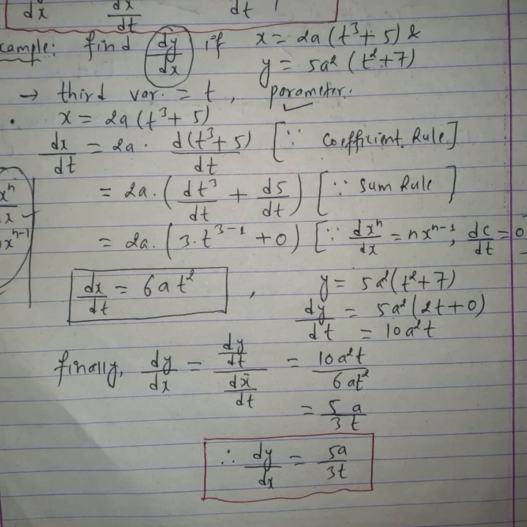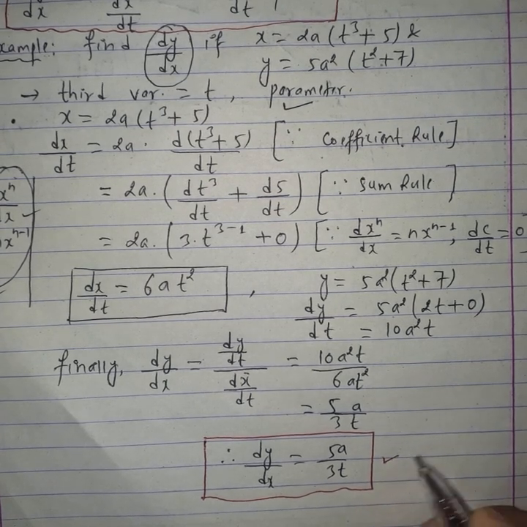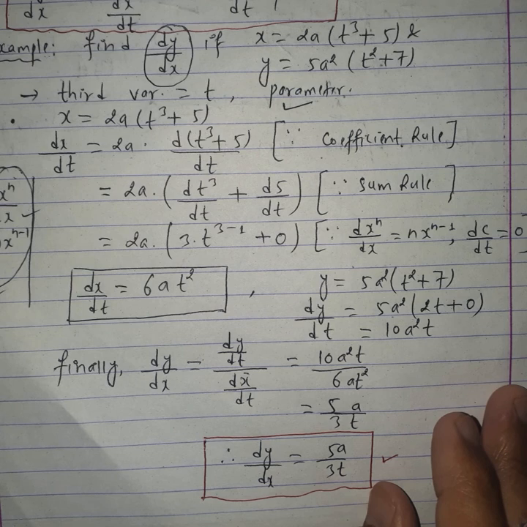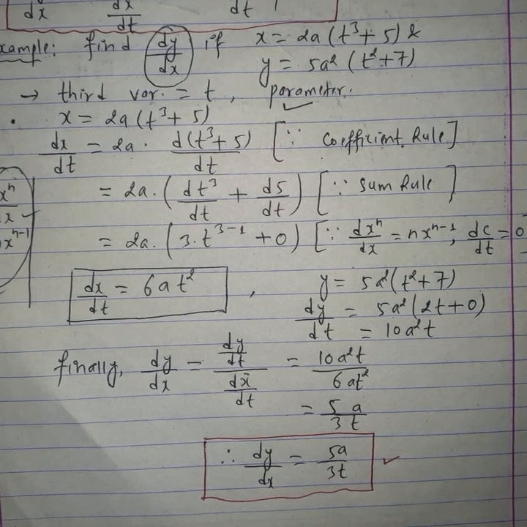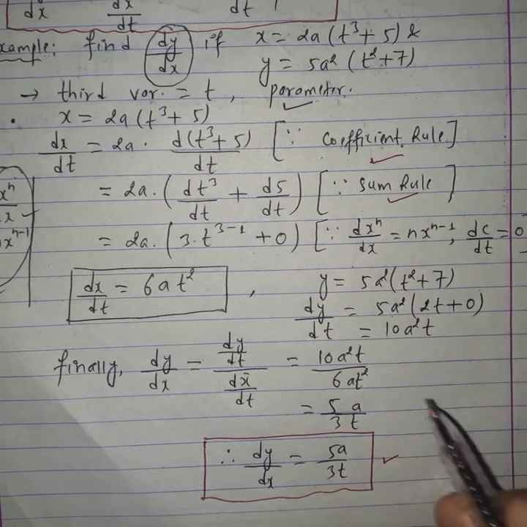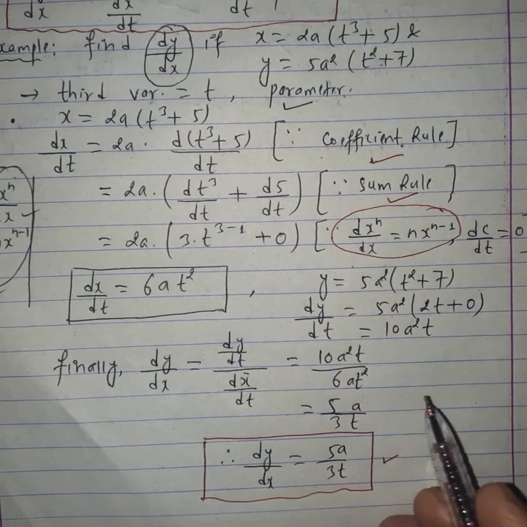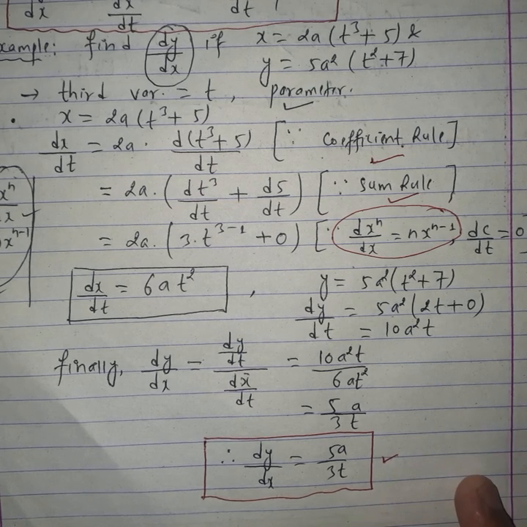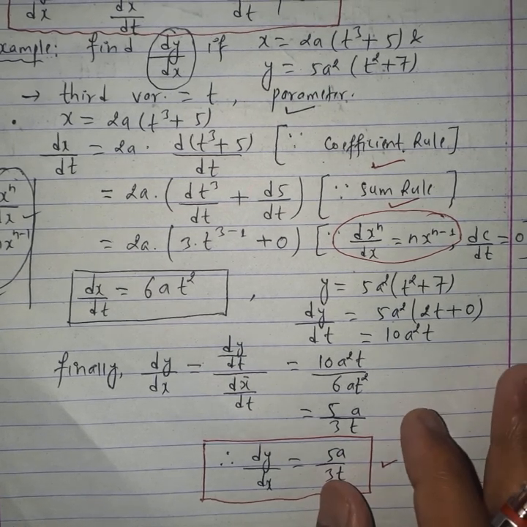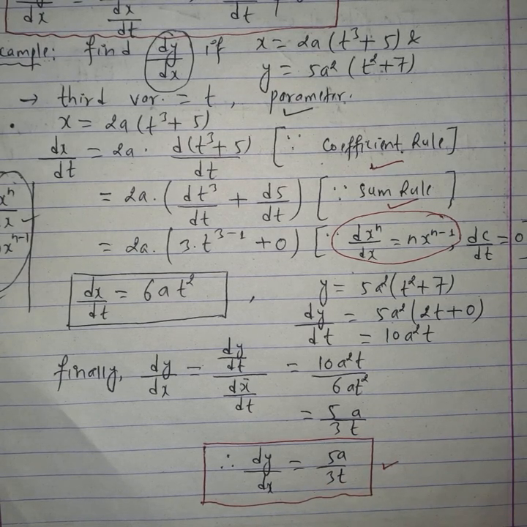Here we use the concept of the differentiation of the parametric function. And finally we solved this particular example by using that concept. And here we use so many rules of differentiation: the coefficient rule, the sum rule, and this formula also we used here. Please memorize these rules and some very important formulas on the derivative of a function. In our next video, we will discuss more about the derivative of special types of functions.